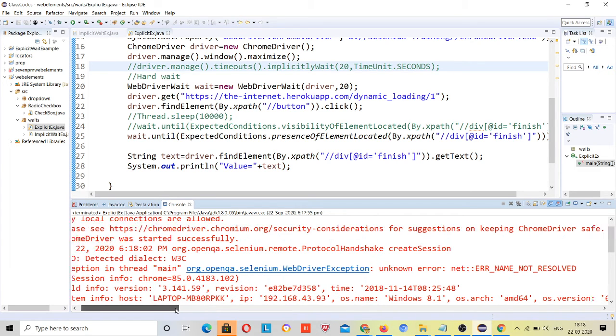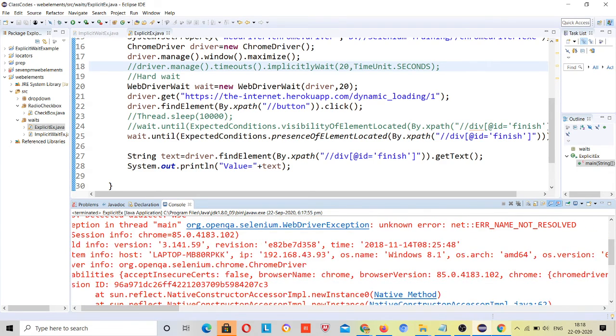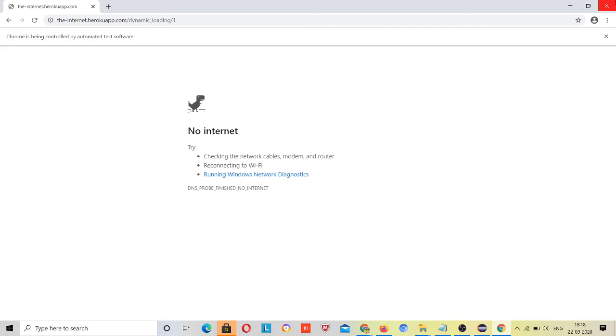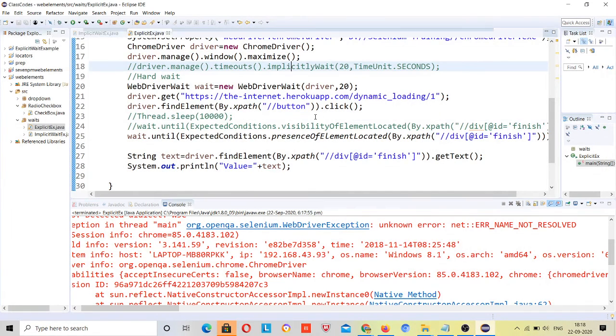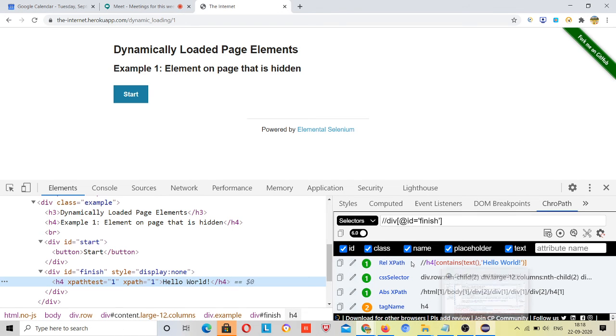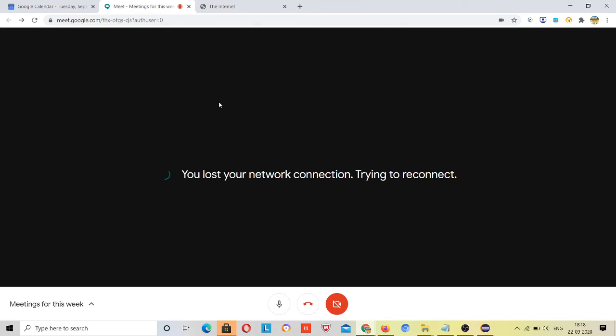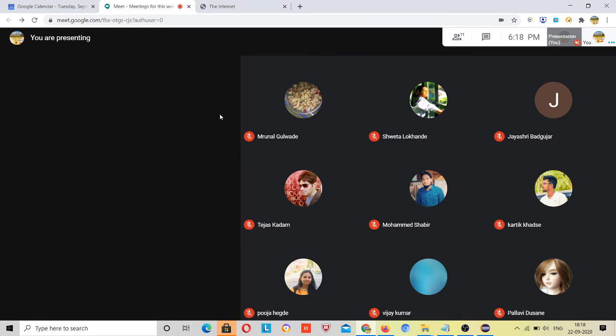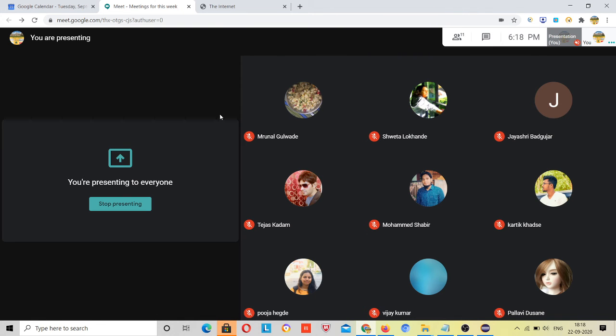WebDriver exception, unknown net. Okay, this will be a network issue. Guys, I'm audible.